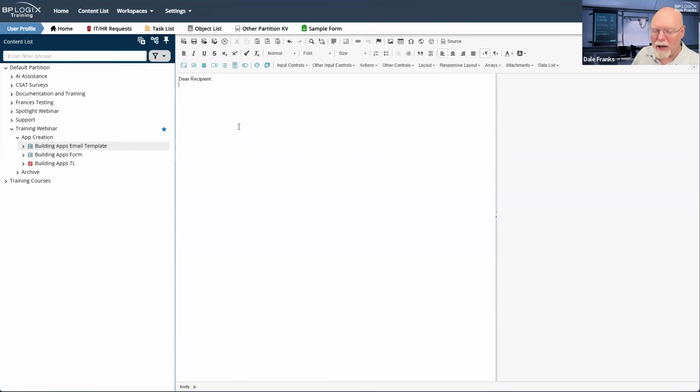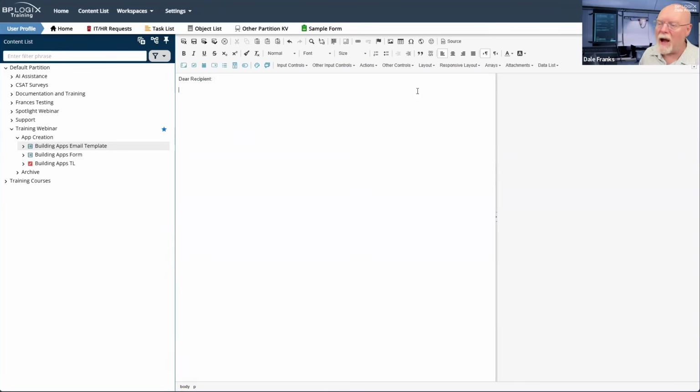Now, with an email data control, I can only have one email data control visible at one time. I have seen customers do one of two different things, either of which is perfectly fine. You can place a single email data control in your email message, and that will just be the same email data control that's used for all the messages. And if you do that, it does become a little bit easier, right?